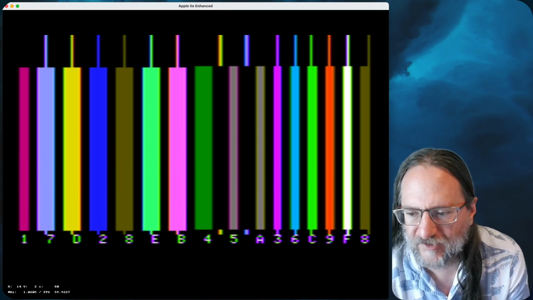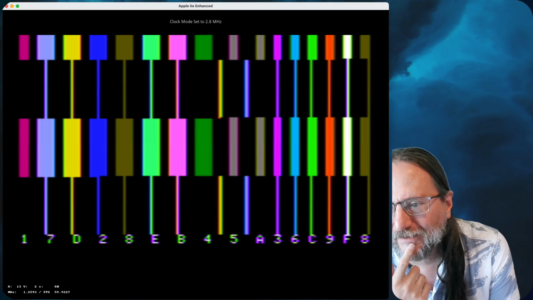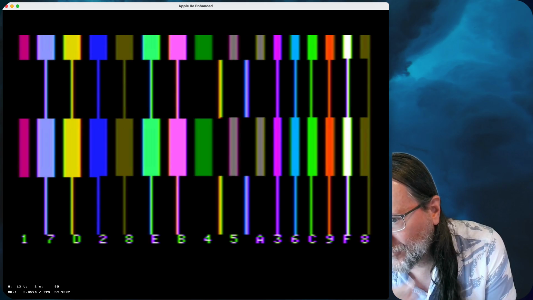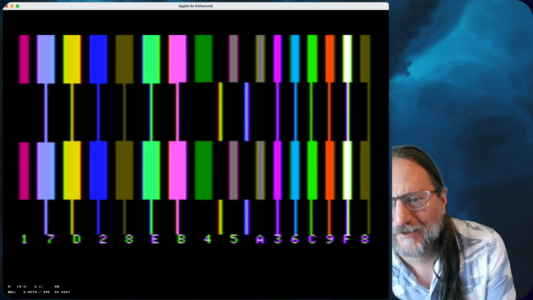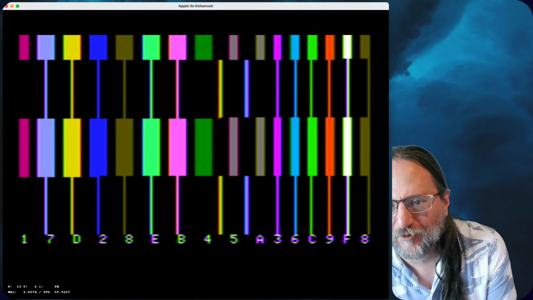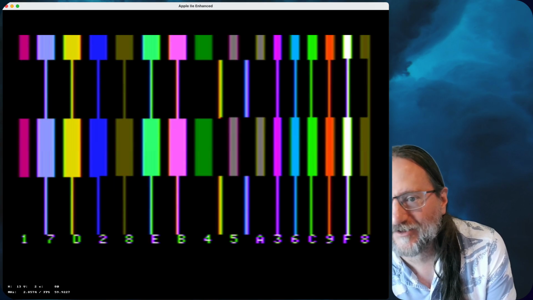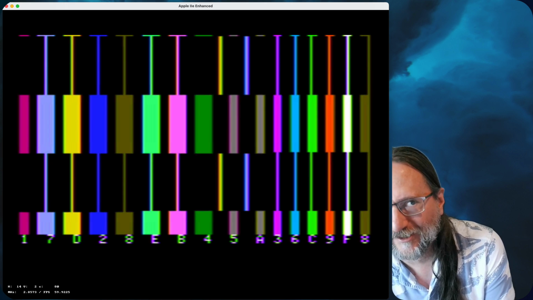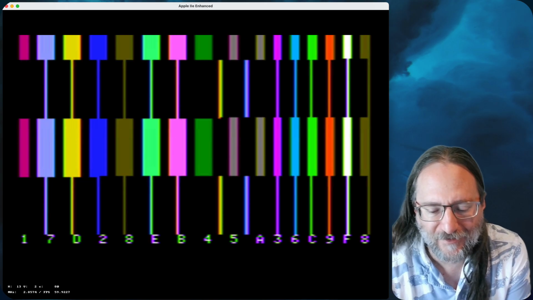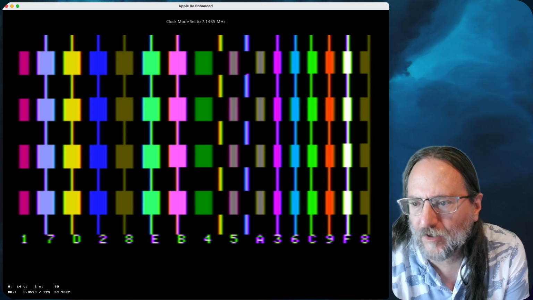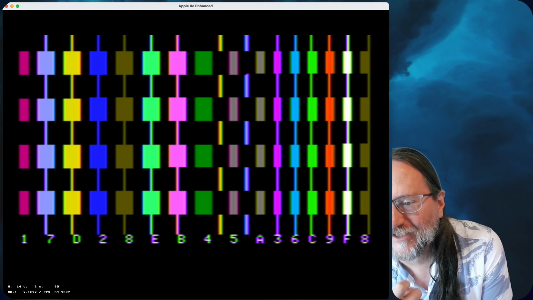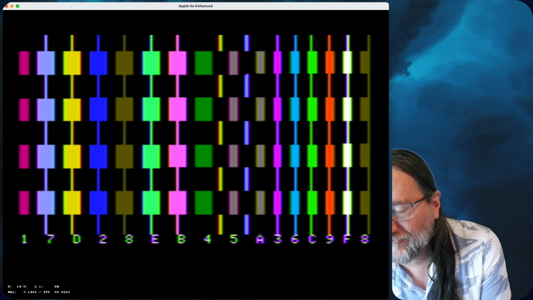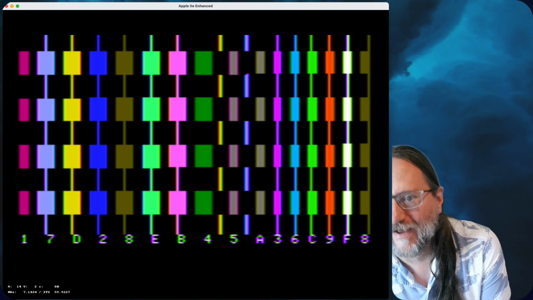Now, if I speed up, you'll see I get this effect, and we're rotating a lot faster because the CPU is going at 2.86, but his program is still just counting 17,030 cycles per frame, which is wrong in this case. Now, if I go up one more notch to 7 megahertz, you'll see that it's once again fixed and locked in. The math works out here.